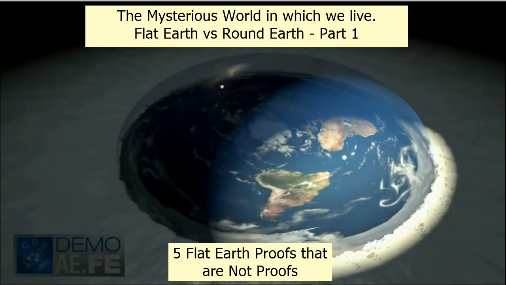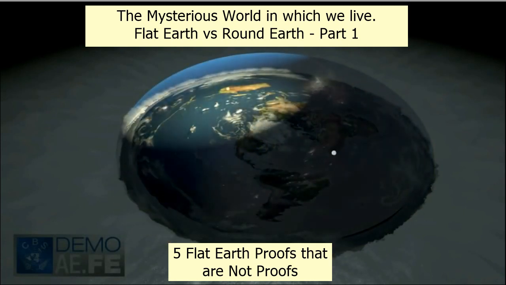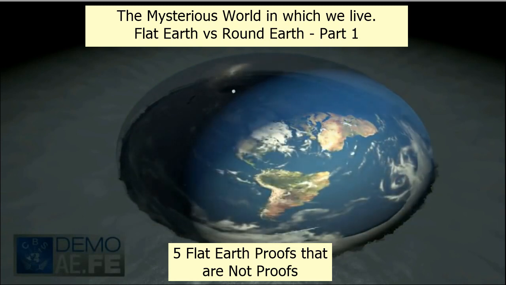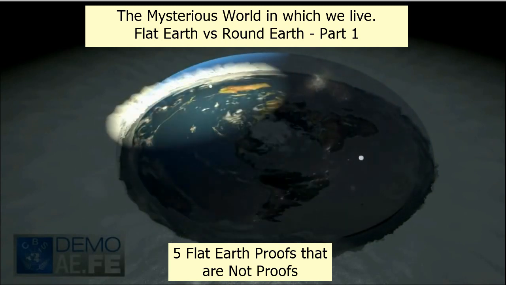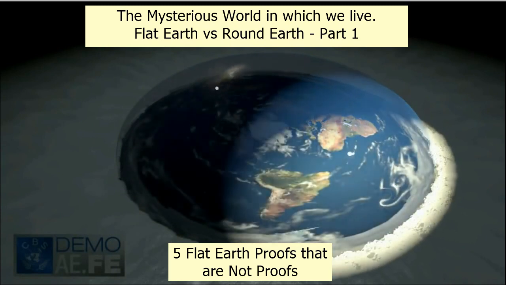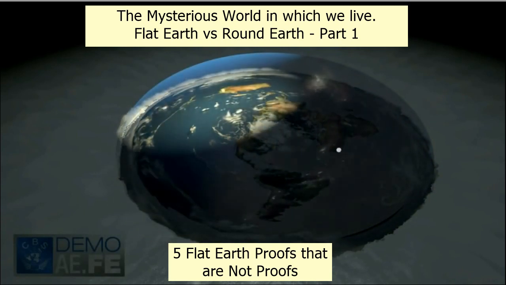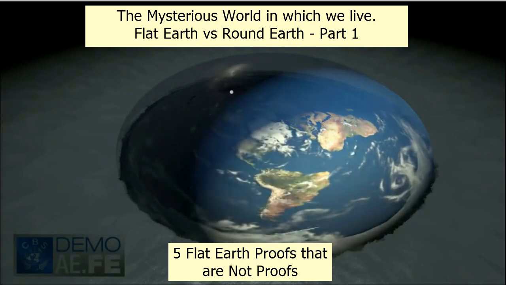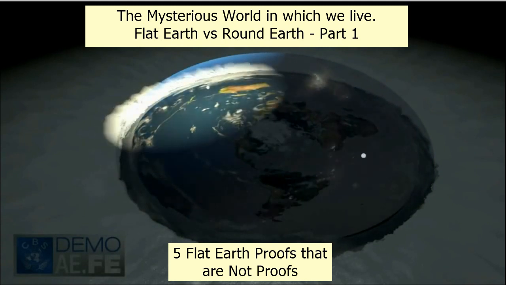I'm going to address that in the next segment, but I also want to show that all people, all sides of this flat earth, round earth debate can suffer from a logic fallacy. Let's have a look at the logic fallacy first, then the erroneous map that the globe earth people are in fact using, and then we will debunk the 5 proofs. And if you want to go straight to the debunking, just use the timestamps in the description below.